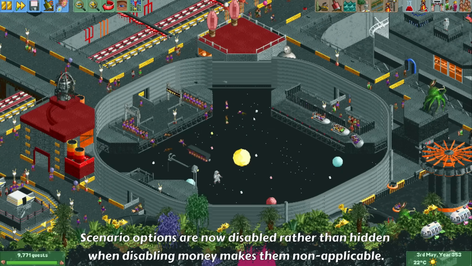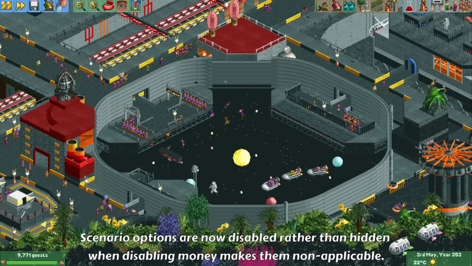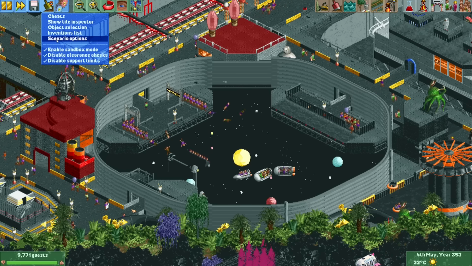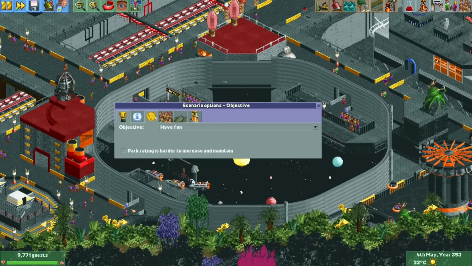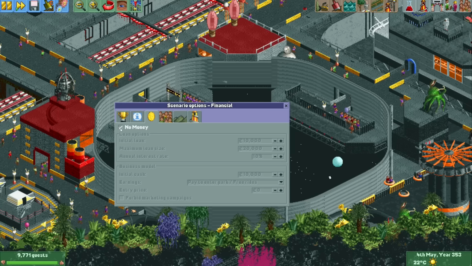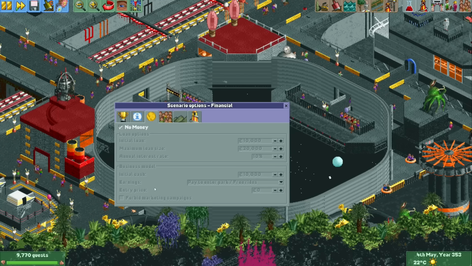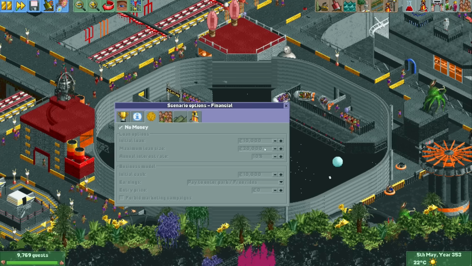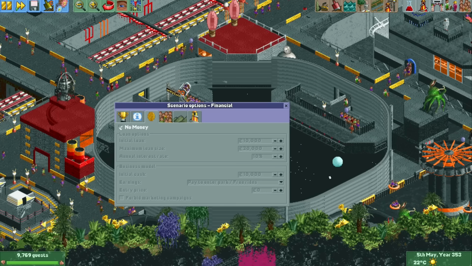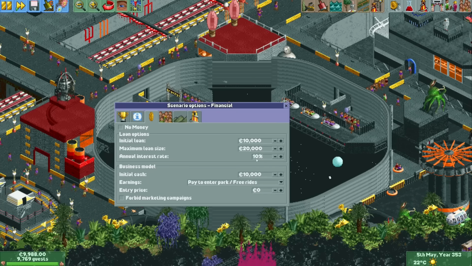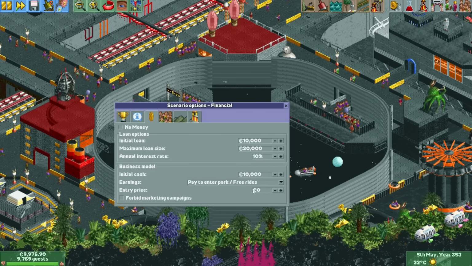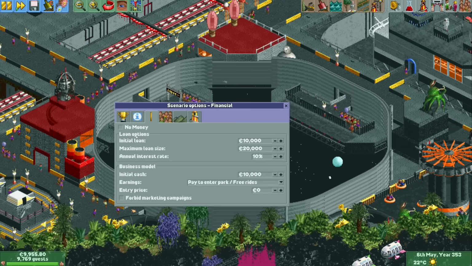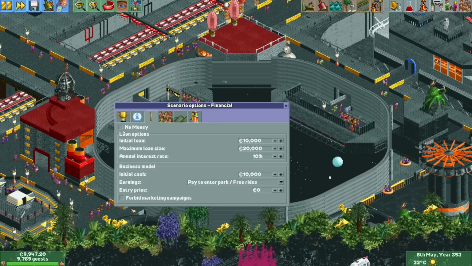Okay, for the next change, if you're creating a scenario or if you're playing a scenario and you go to the cheat menu, here you can find scenario options. Now here under the money settings, previously if no money was selected, all these other options would just be hidden, but now they just come grayed out and you cannot actually interact with them. So if I turn money on again, you can see I can now change these money options. I think it's always nicer also to just gray out functionality instead of hiding it if some checkbox is set. So I think this is a really